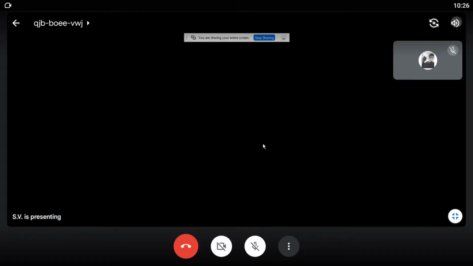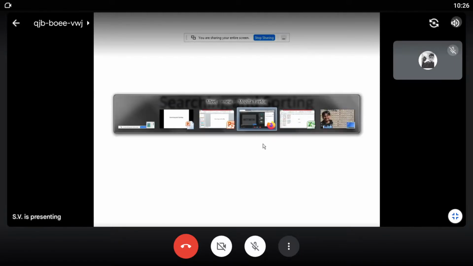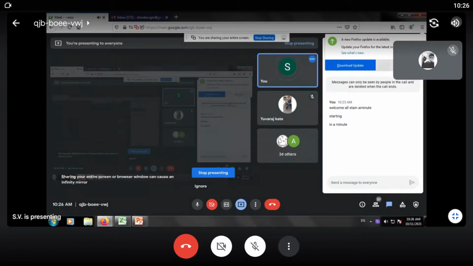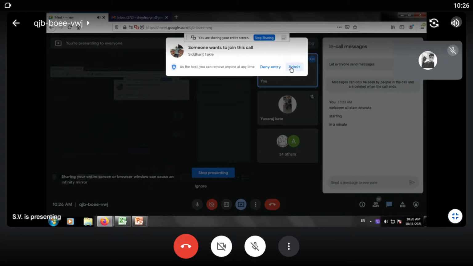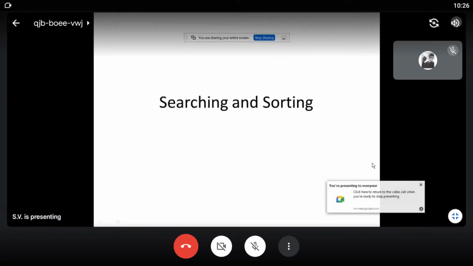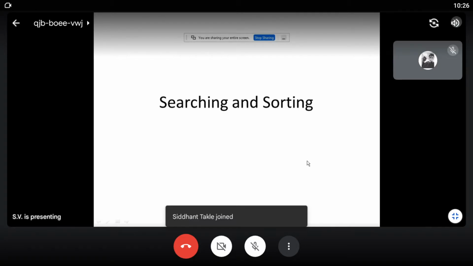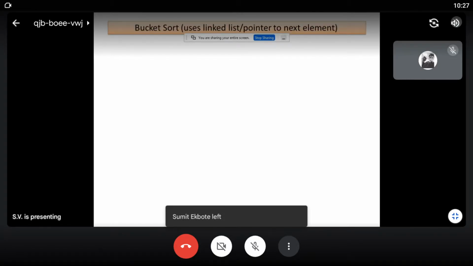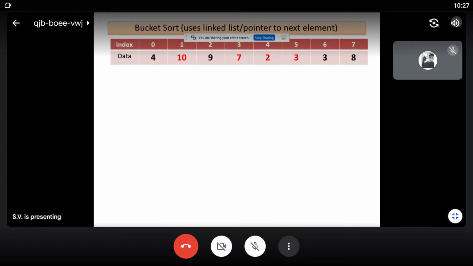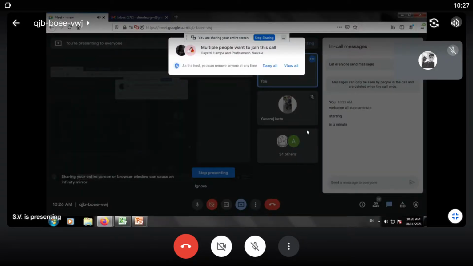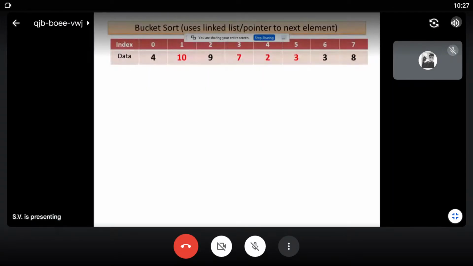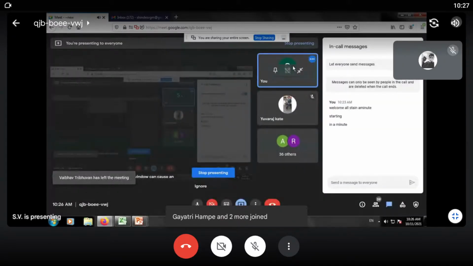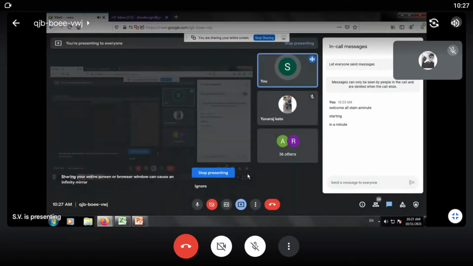As far as today's session is concerned, it is related to some advanced sorting technique which is very rarely defined, and we may expand the topic a little bit. So let us search for a new topic, that is bucket sort. It is one of the easiest sorting techniques, but it requires some amount of RAM or memory. It is based on some technique of dynamic memory allocation.